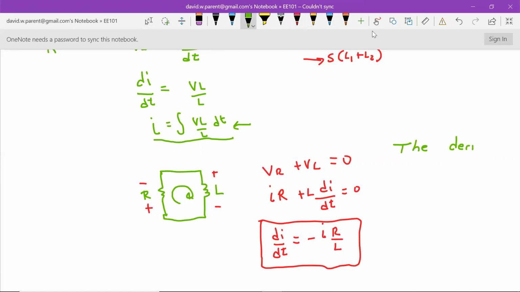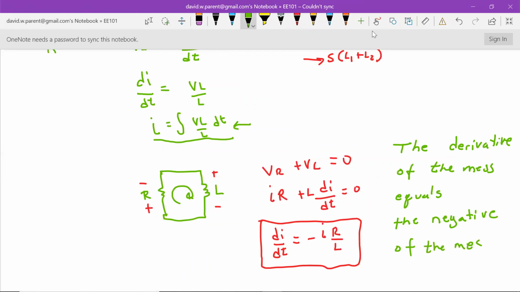The derivative of the mess equals the negative of the mess. Now here it is: I've got a derivative of I, we can call I the mess,